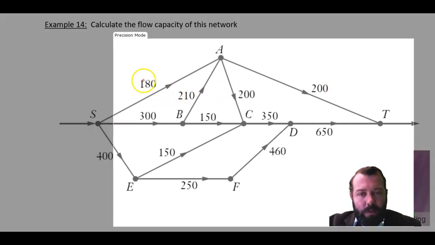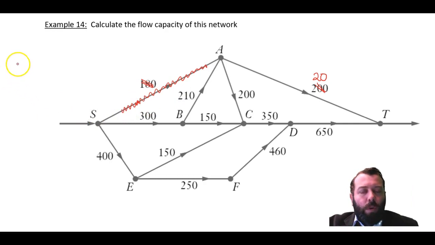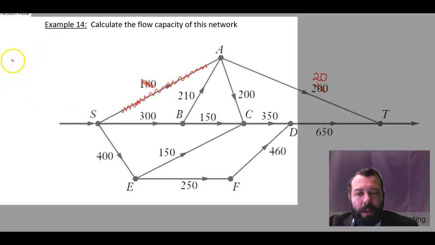So, right, I'm going to cross out the 180. That's all used up. The 200 will have a capacity of 20 left. And in fact, I'm also going to put a bit of a squiggly line along this edge to say that we can't use that anymore. Right, that's completely used up, and I've managed to get 180 units from the